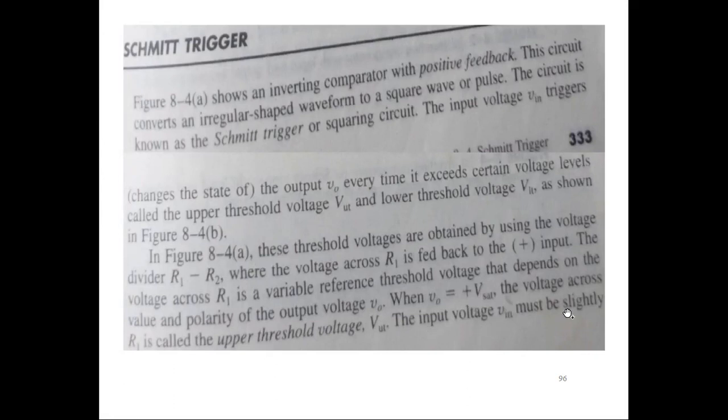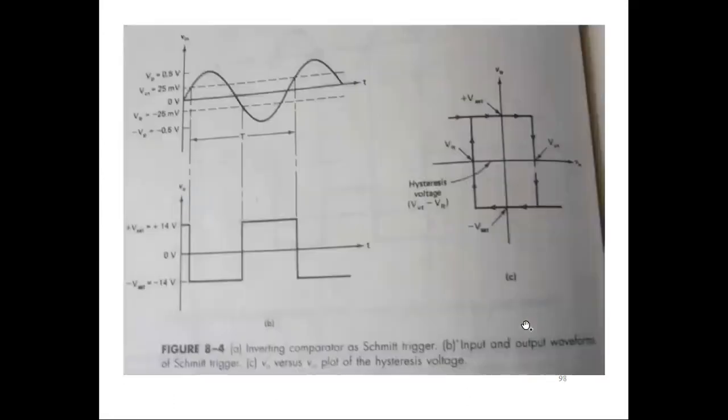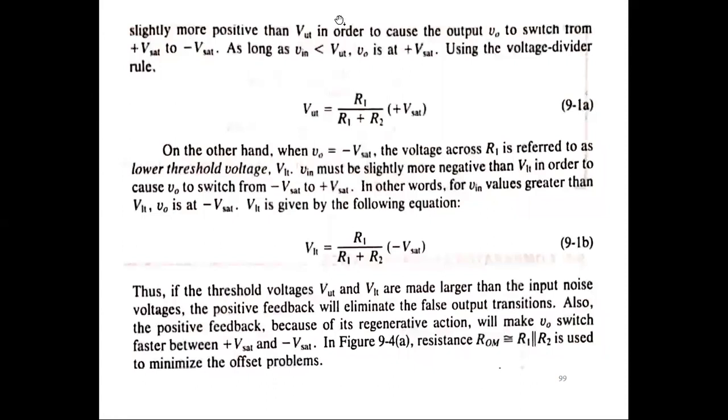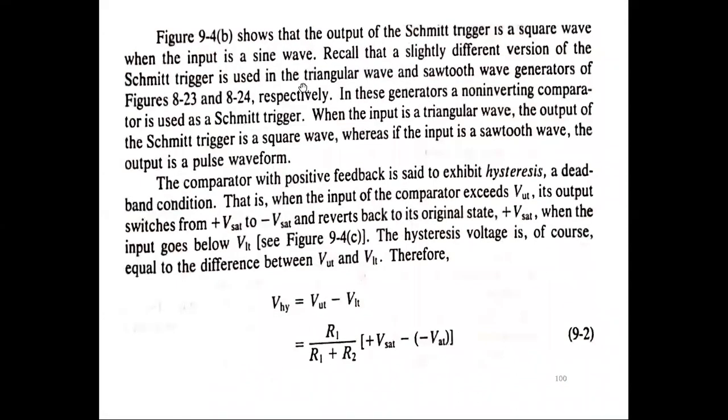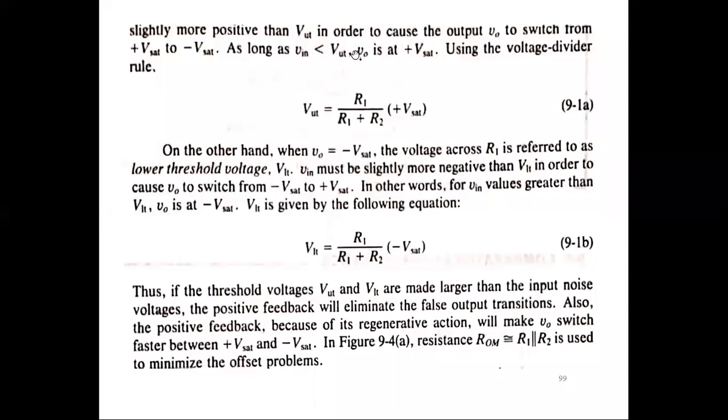So the input voltage Vin must be slightly more positive than VUT in order to cause the output V0 to switch from plus VSAT to minus VSAT. So as long as Vin is less than VUT, V0 will be equal to plus VSAT, and VUT will be equal to this value. As soon as Vin goes above the VUT value, the output is going to switch to the minus